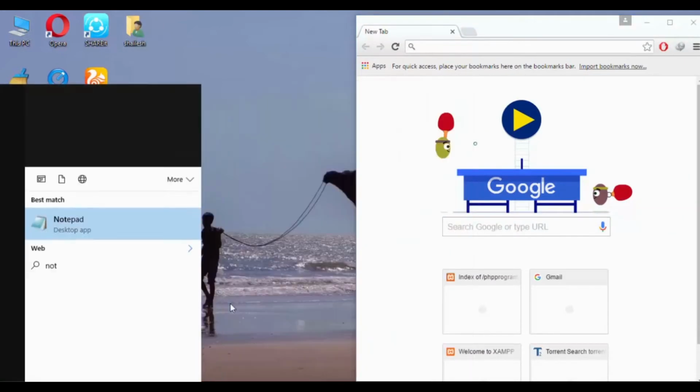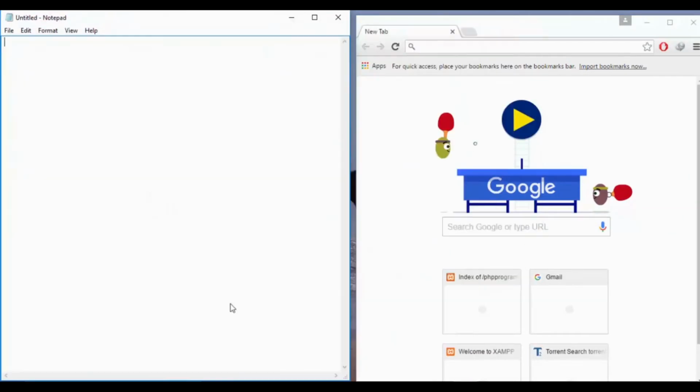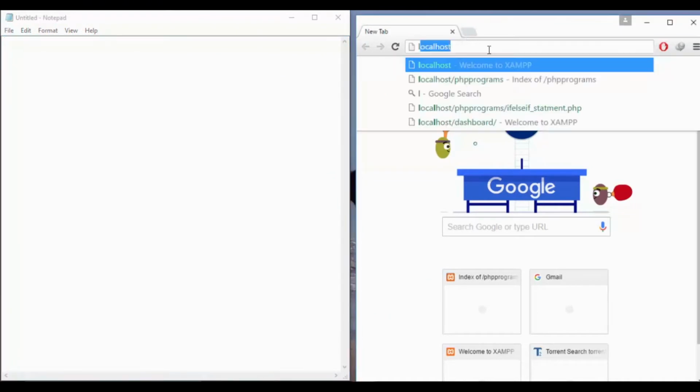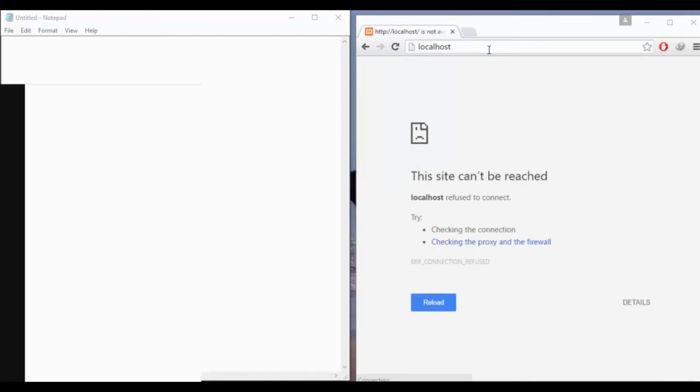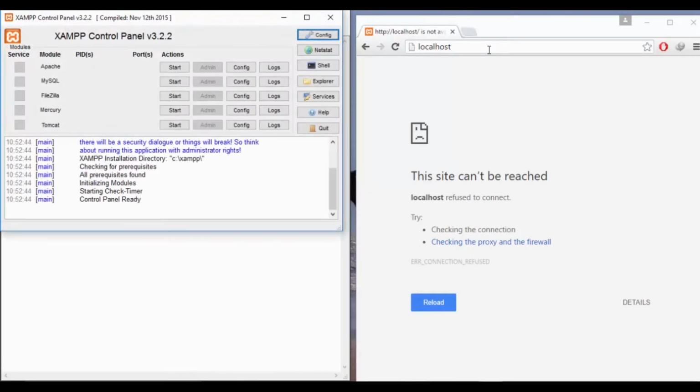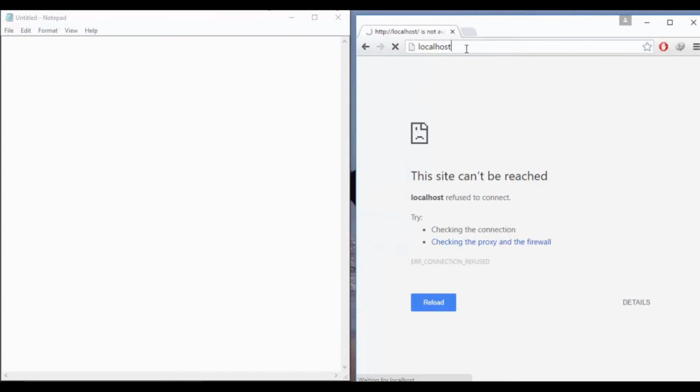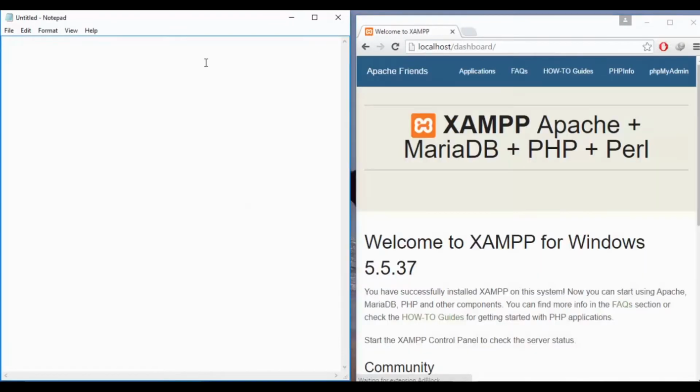and Notepad, and let's see whether our localhost is running or not. It is not running. I need to start the XAMPP control panel and start the localhost. The Apache service has been started, and if I just refresh it, it is running. So first of all, we need to give question mark PHP, and the syntax